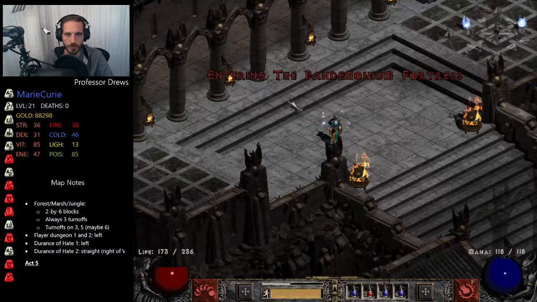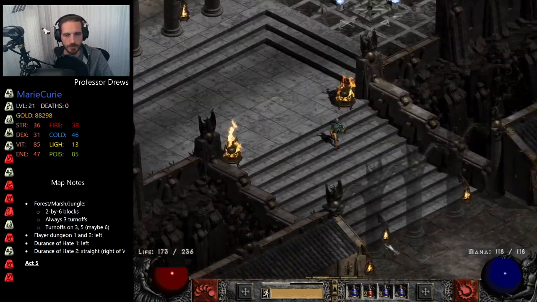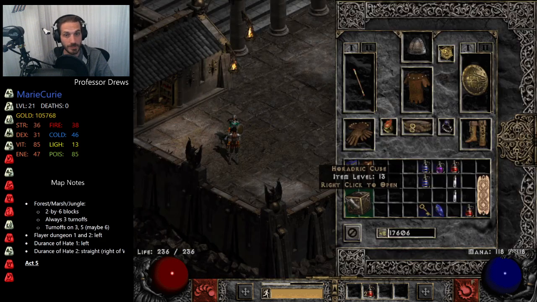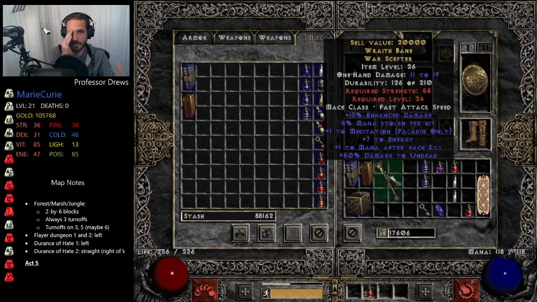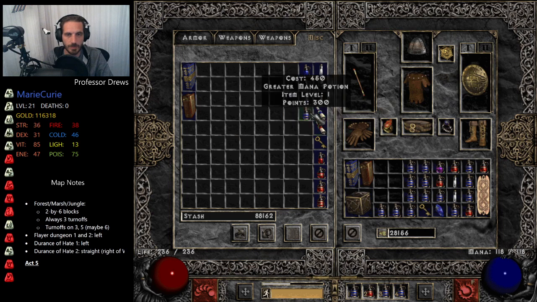Heading across the bridge here to the portal. Identify some stuff. A couple of things are nice about Act 4. We're going to get 2 skill points here when we go find Izual. We get bigger mana pots, bigger health pots, which does come at the added expense of things being more expensive, so we're going to keep picking up things that sell for 20k or something like that, so we've got more than enough to buy our mana pots, and we're going to keep them pretty well stocked